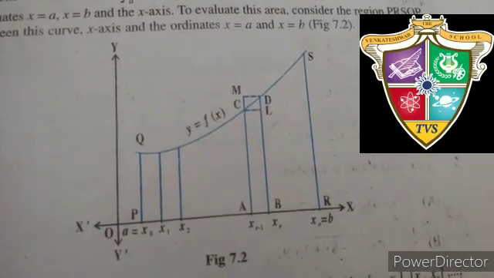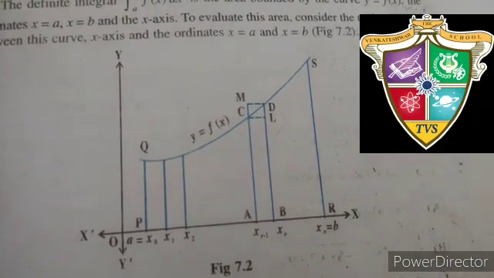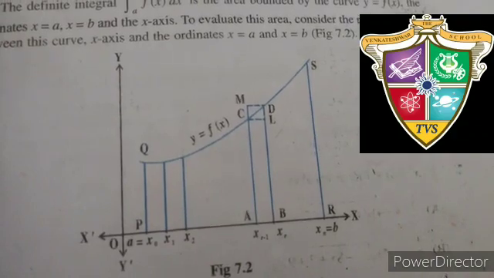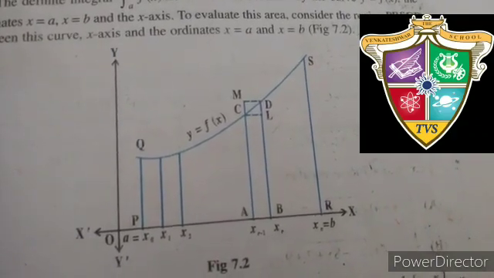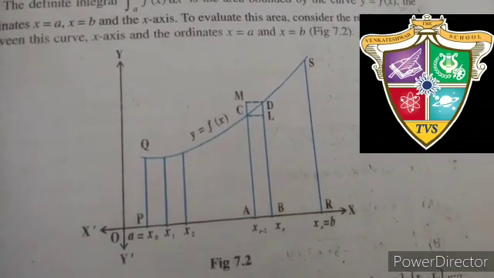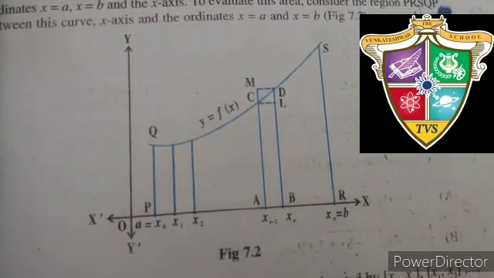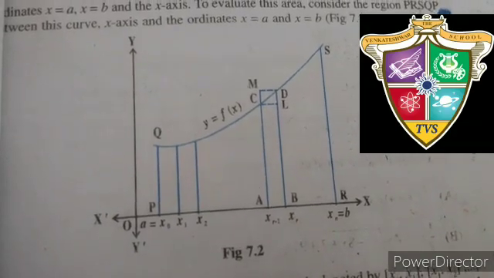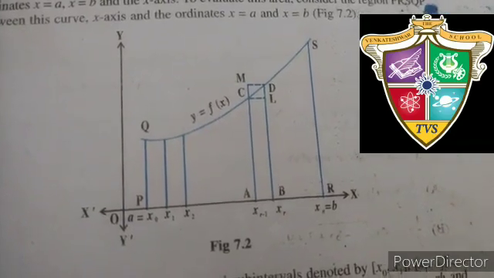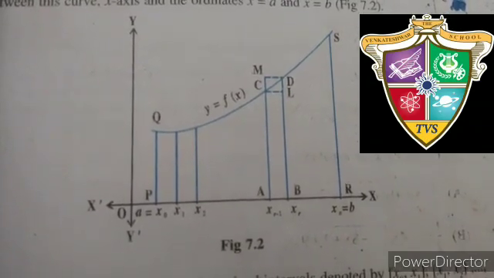So if I tell the first limit is a, it's starting from a, then the second ordinate is a plus h, a plus 2h, like that when it reaches the nth point, it will be a plus (n minus 1)h. Now what is h? The total length divided equally, therefore it will be (b minus a) divided by n. So the value of h we can say is upper limit minus lower limit divided by n, that is number of divisions.